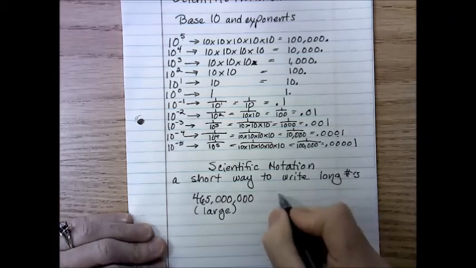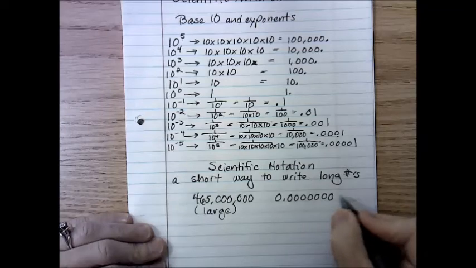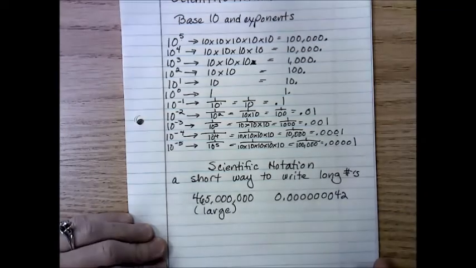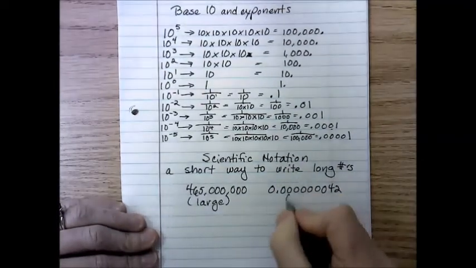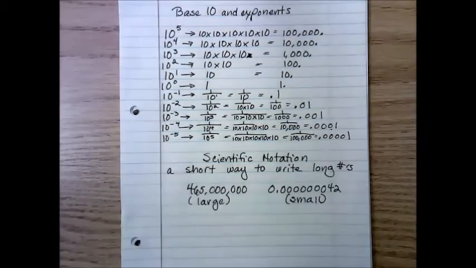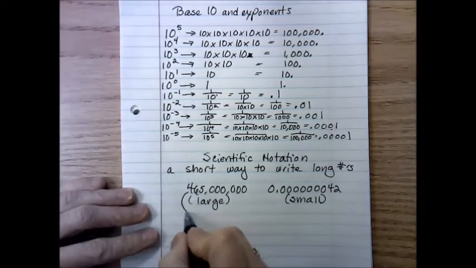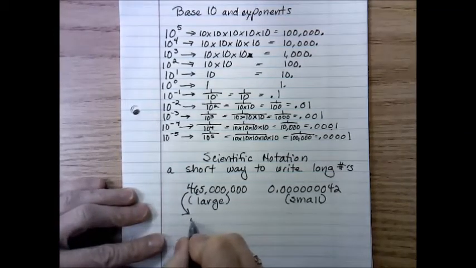I have another number here, 0.000000042. Well, that's a long number, but it is a very small amount. But in science, we don't like to spend too much time writing all these zeros if we don't need to. So there is another way to write these numbers. This number written in scientific notation would be